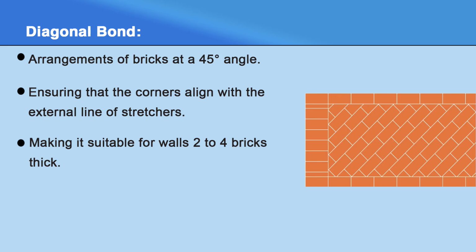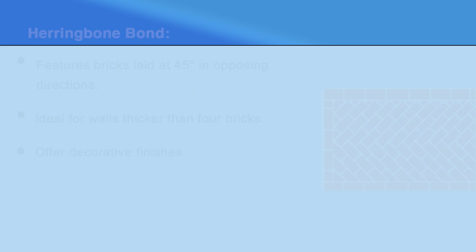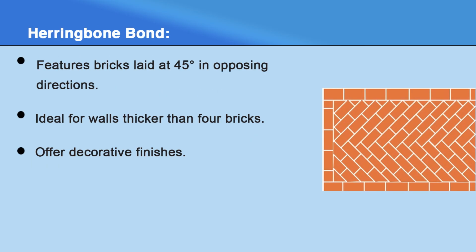The diagonal bond is often utilized in scenarios where the wall thickness requires additional reinforcement without compromising on the linear continuity of the structure. This bond is especially useful in situations where walls are subjected to uneven loading or where additional shear strength is required. The herringbone bond is a more decorative form of raking bond characterized by bricks laid at 45-degree angle, but